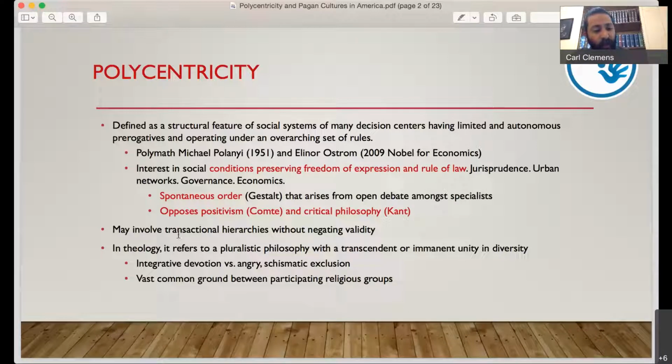So as you can see, from philosophy to religion is not a very big step. So polycentricity ultimately has that kind of Gnostic roots, right? It's a more Gnostic-leaning philosophy. So polycentricity, although there is no one center, it may involve transactional hierarchies without negating the validity of all the